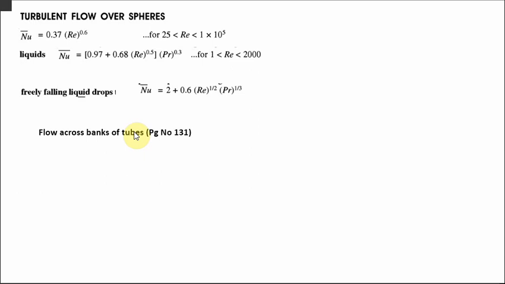If it is a fluid other than air, we have to multiply the existing equation C Re raised to n by 1.13 Pr raised to 0.33. So that is for fluids other than air. These are all very simple sections. Now we will move to natural convection, and I also request all of you to work out some problems related to this kind of situation.